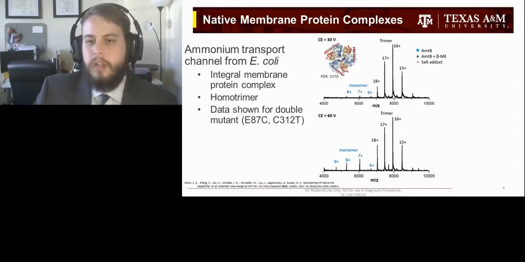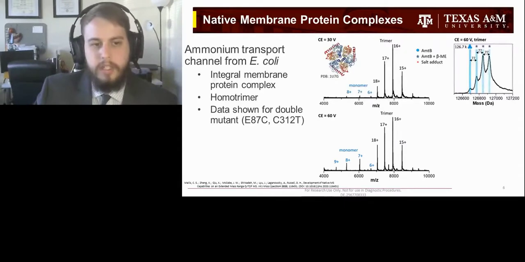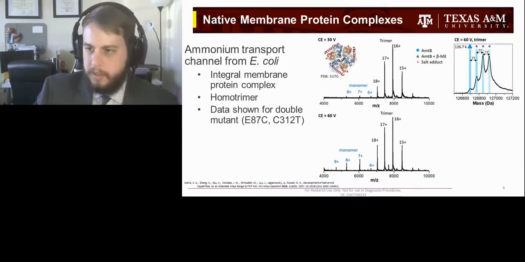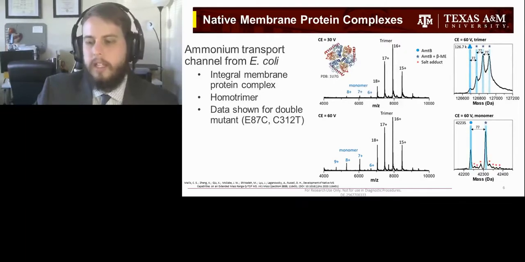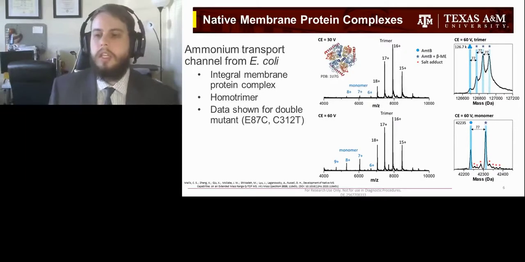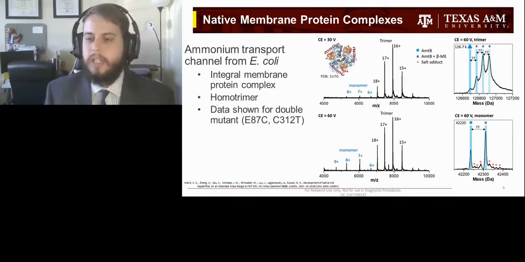And now if we look more closely at the signal for the trimer and look at the zero charge mass spectrum, we can start to observe these low molecular weight adducts identified as 77 Dalton shifts, up to 3 of them, and then look at the signal for the ejected monomer. We can also see that we have single 77 Dalton shifts